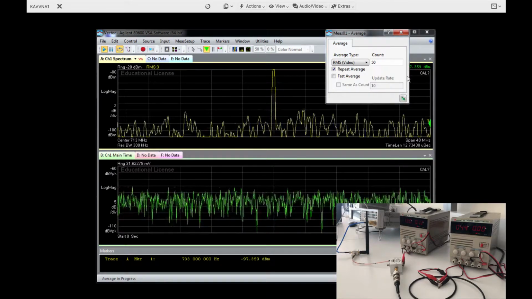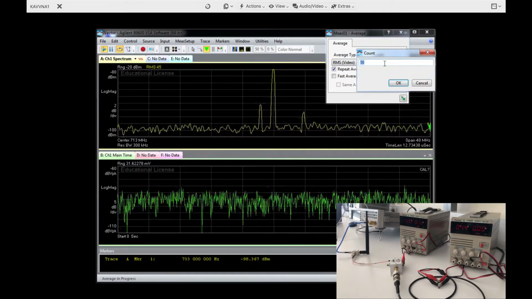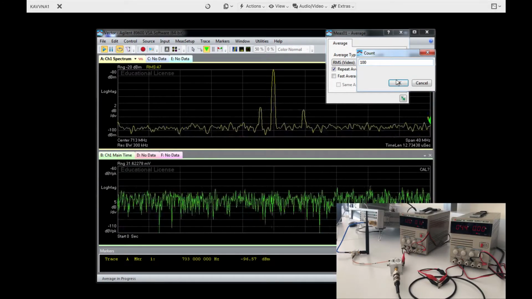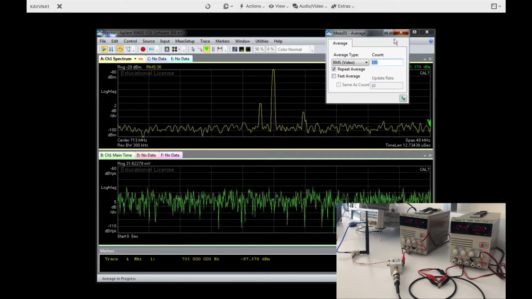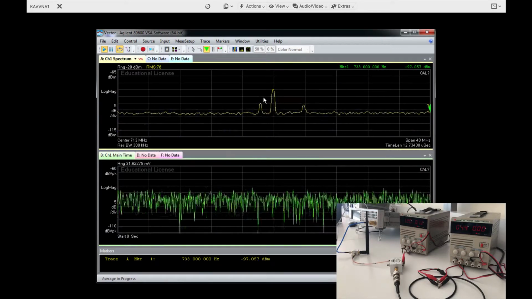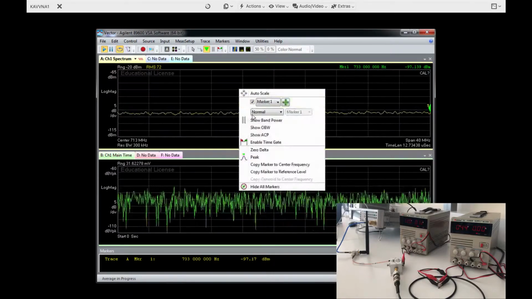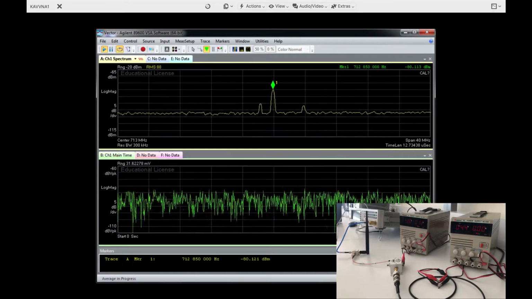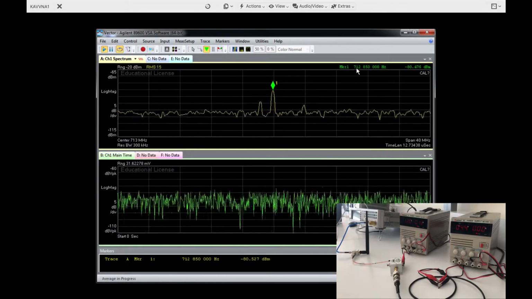Let me increase the averaging. Let's say 100. So you can see now I have it at almost